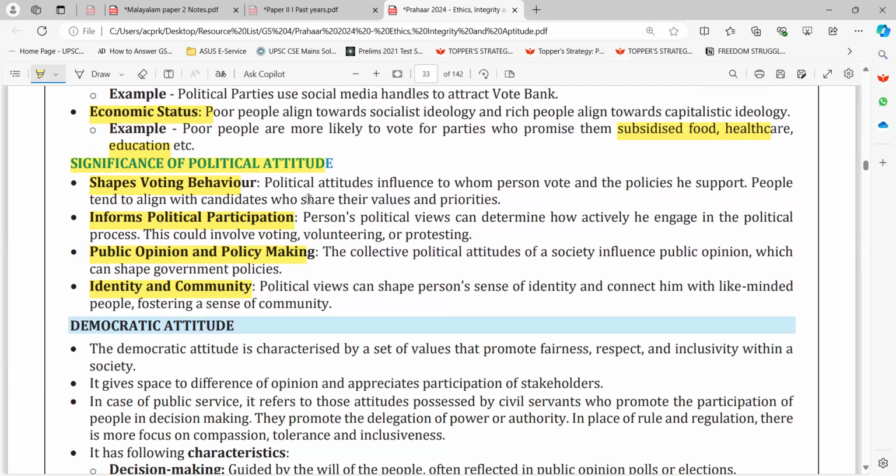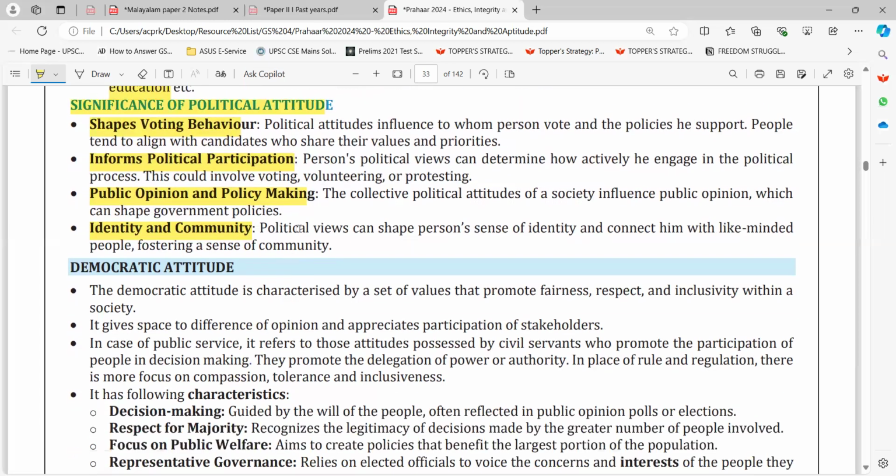Informs political participation. A person's political views can determine how actively he engages in the political process. This could involve voting, volunteering, or protesting. Public opinion and policy making. The collective political attitudes of a society influence public opinion, which can shape government policies. Identity and community. Political views can shape a person's sense of identity and connect him with like-minded people, fostering a sense